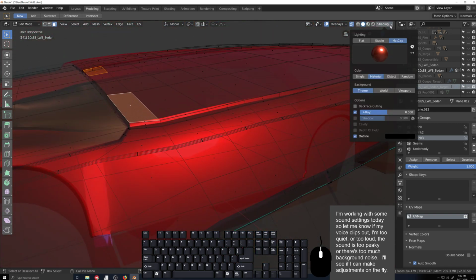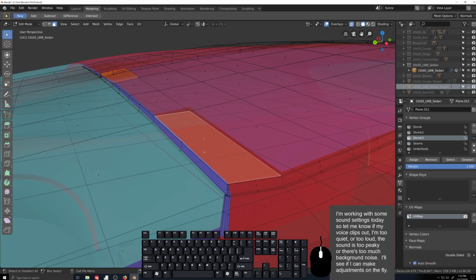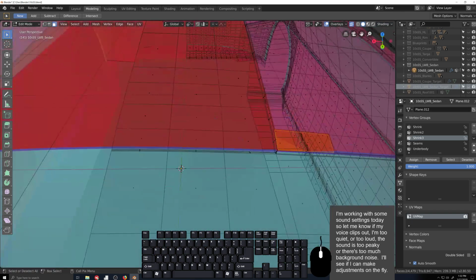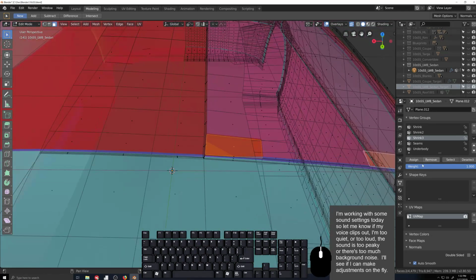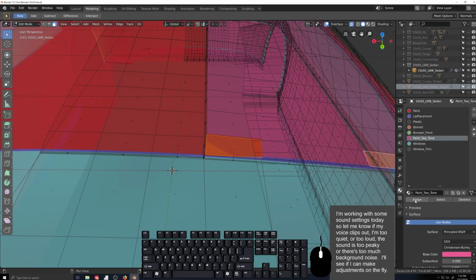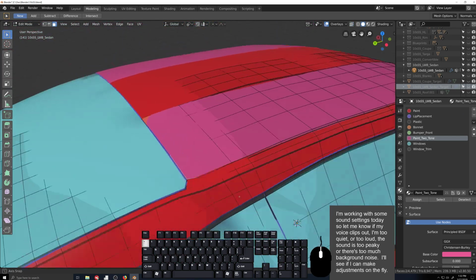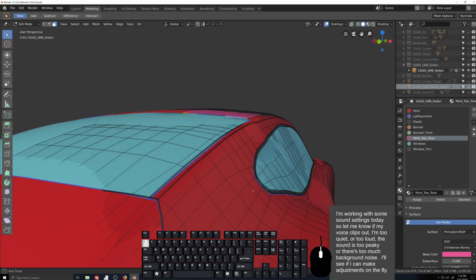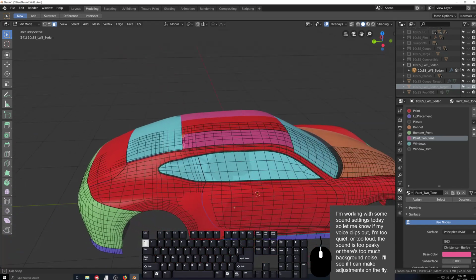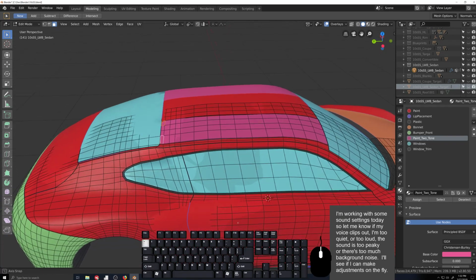And let me get into a different shading mode so I can see them a little bit better. Yeah, something like that. Alright, those are two-tone. That's starting to make a little more sense. Okay. So it might be a decent idea at this point